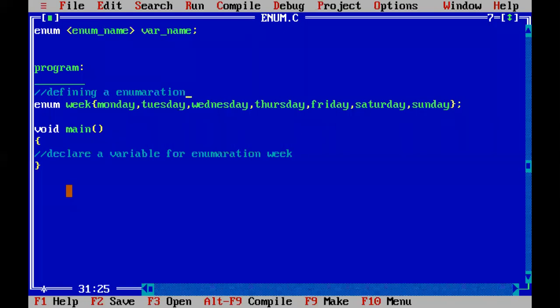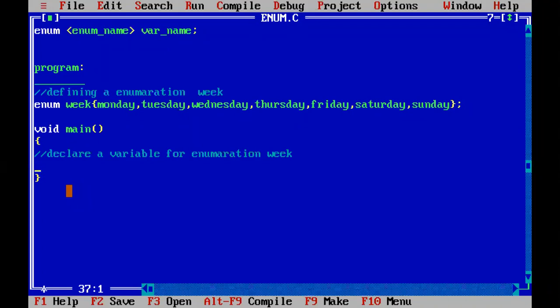Defining an enumeration will be outside the main, and declaring the variable for enumeration week is inside the main function. You can also have the definition of the week inside main, and you can also write it outside the main. But you must create the variable for the enumeration data type inside the main function only.